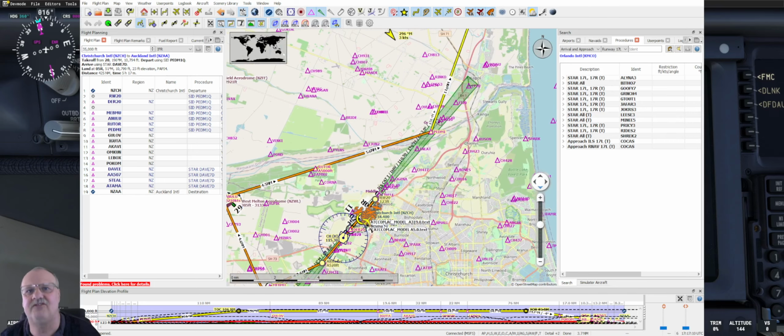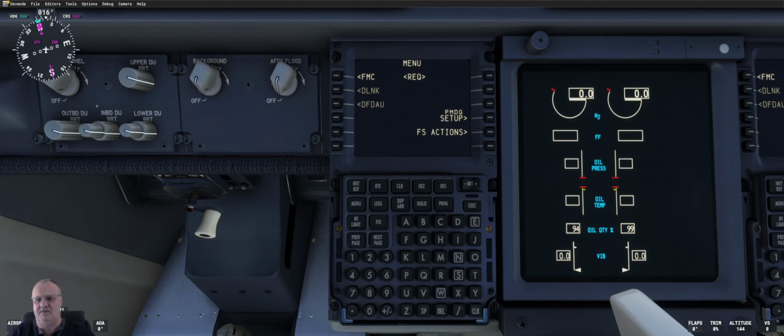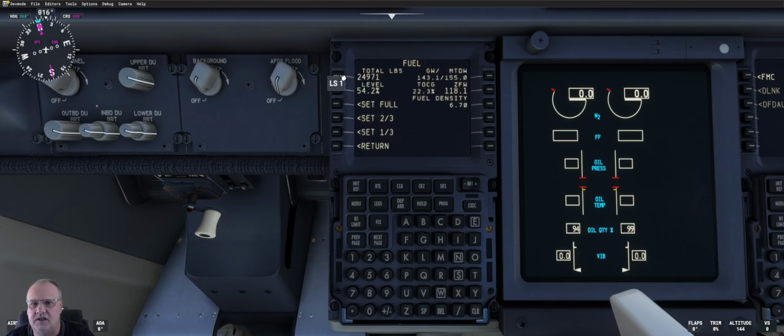So that's all we really need to talk about for now. So let's get back to the FMC. So we got the FMC. There's a few things we want to do within the FMC in order to get ready. First, we want to look at the fuel. So we click on that, we click on fuel, and we notice that the fuel load is 24,970 pounds, but